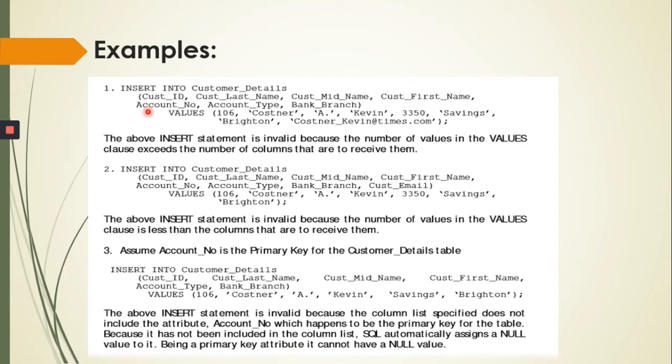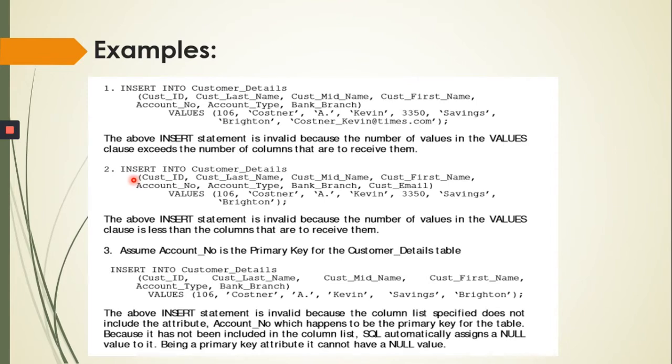Okay, so see here we have a total of column names: 1, 2, 3, 4, 5, 6 and 7. Okay, and we are providing values: 1, 2, 3, 4, 5, 6, 7 and 8. Here we have 7 column names and we are providing 8 values. So this is an invalid statement. So a valid statement is always like this. Here we have 7 columns, then there must be 7 values.